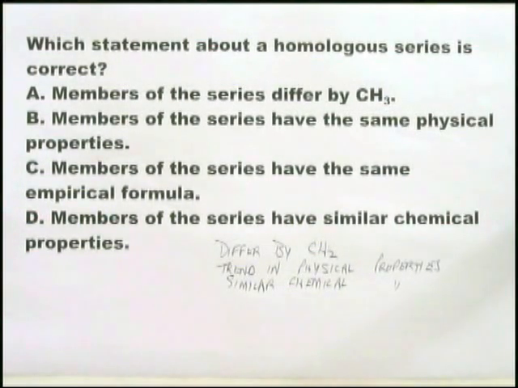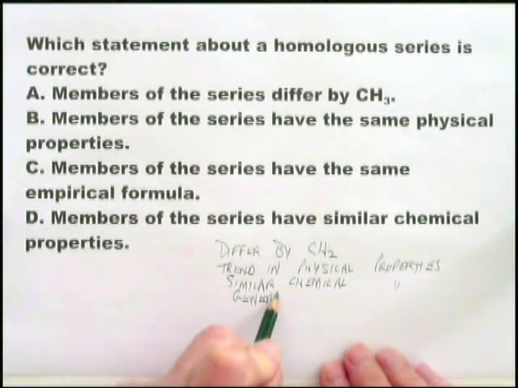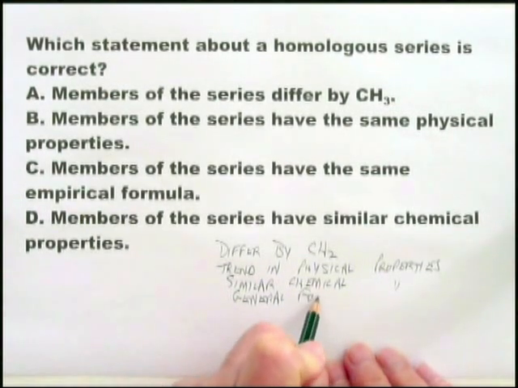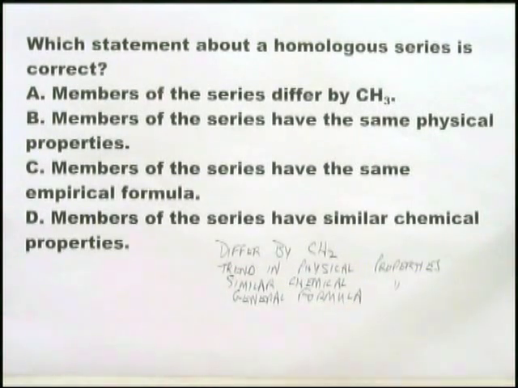And the final thing about homologous series is that they have a general formula. It's the general formula that gives you the individual formulae for a particular member. They don't have the same empirical formula, they don't have the same molecular formula. It's a general formula. Okay, so having these in the back of your mind, you can quickly look through this